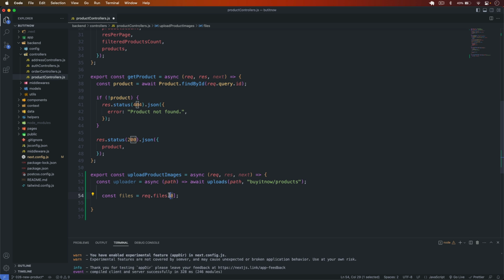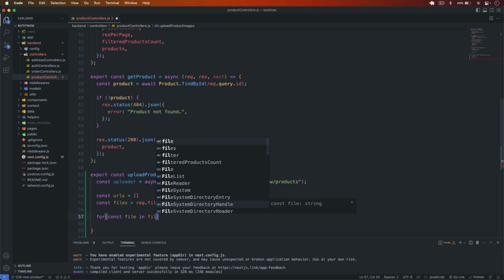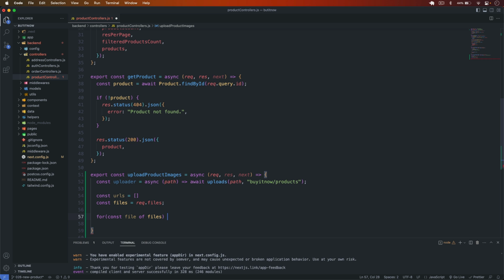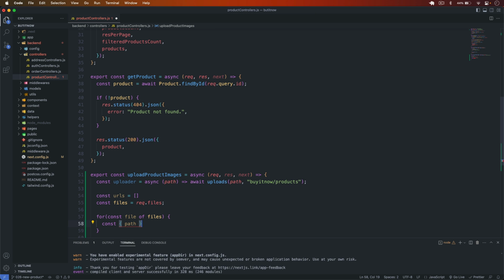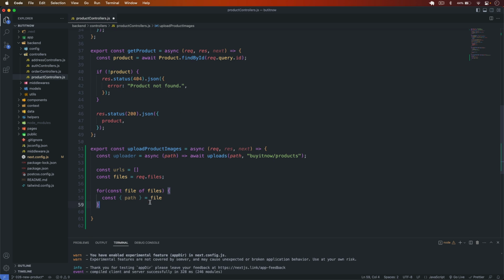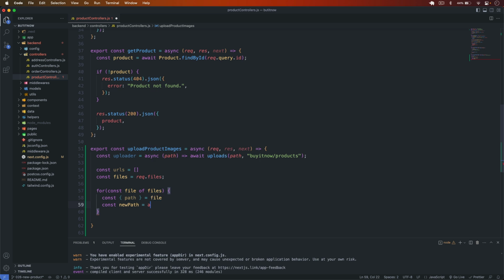Now we have to get all the files. That is going to be request.files, because there are multiple images, so we will get all the images, and then we have to loop through all files and upload them one by one. So I create an empty array of URLs, and then I use a loop. So for const file of files, I will simply have to upload the images. I first get the path from the file. Remember that each file has a path, and then const newPath is going to be await